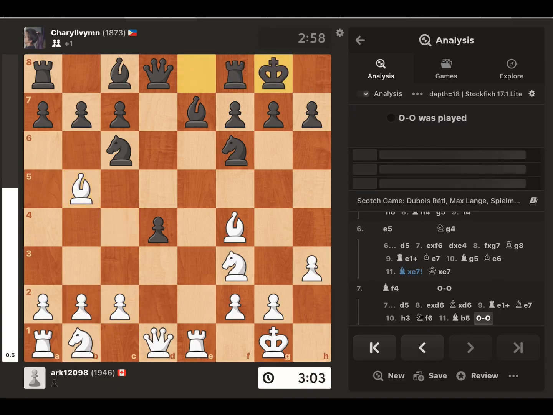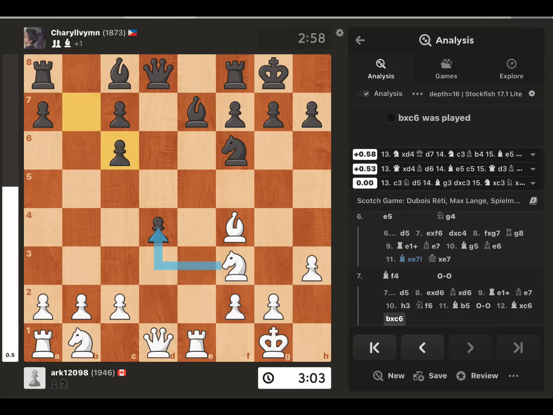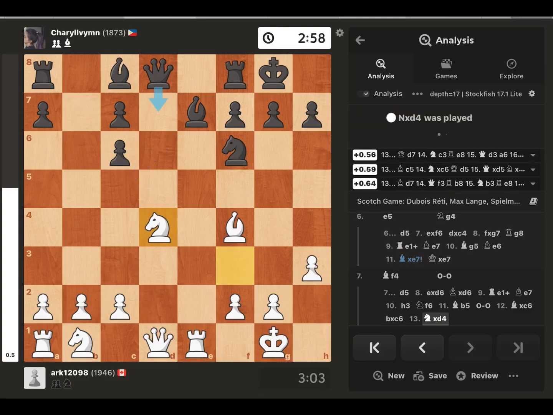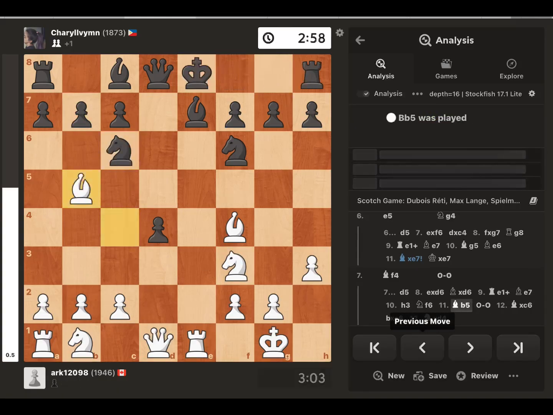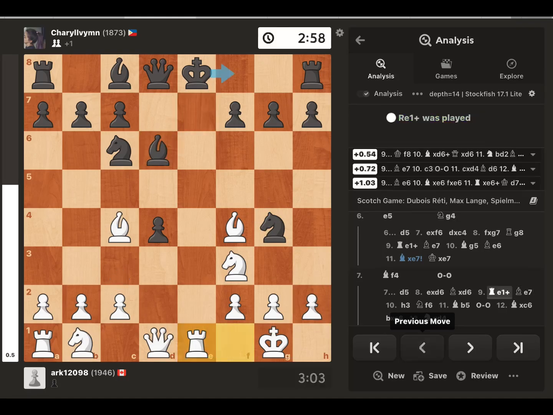So castle. Oh, castle, take the bishop, take, and after trading bishop for the knight, I will take the knight. And basically here white has some advantage in this position. However, black needs to play this game correctly, and